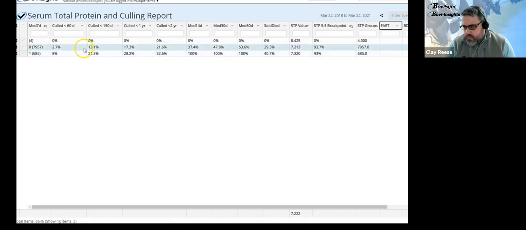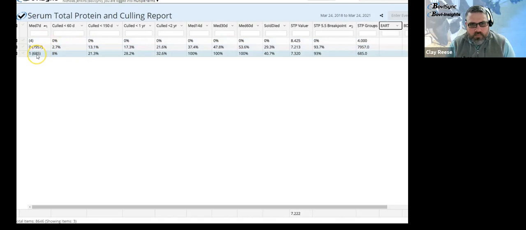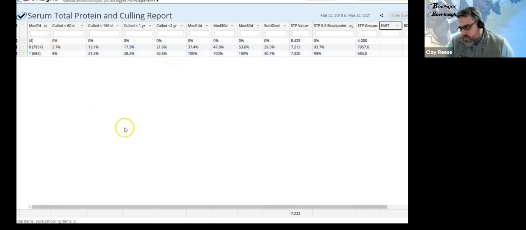And I think this is really interesting because if you look, if an animal has a medical event, they are significantly more likely to be culled within 60 days, nearly double at 150, and that continues at 1 year and 2 year. We can go another level deep in this and look at